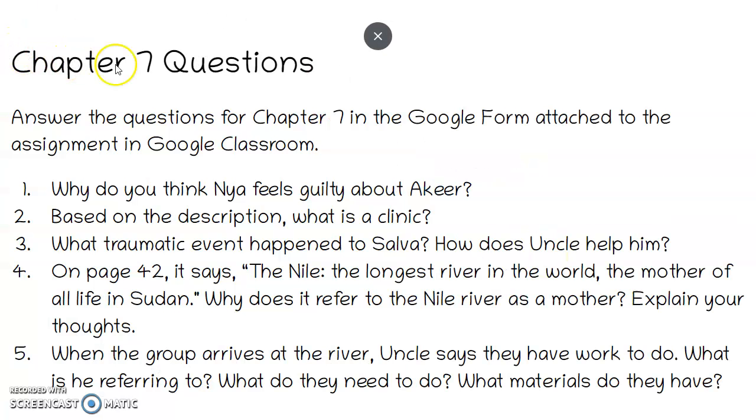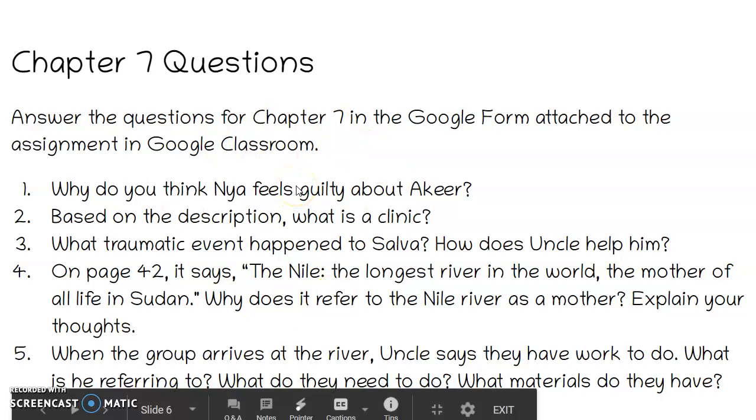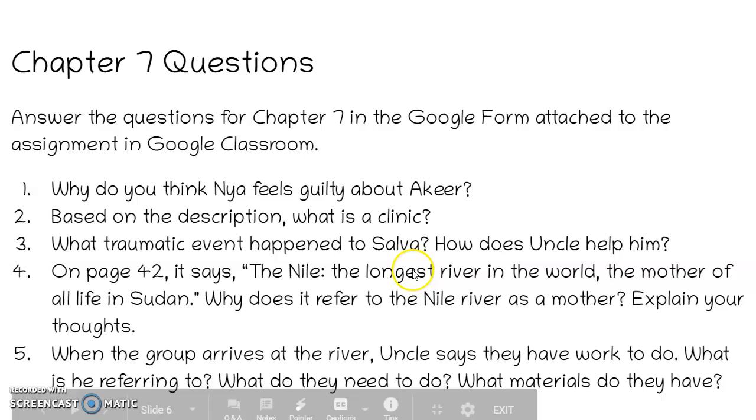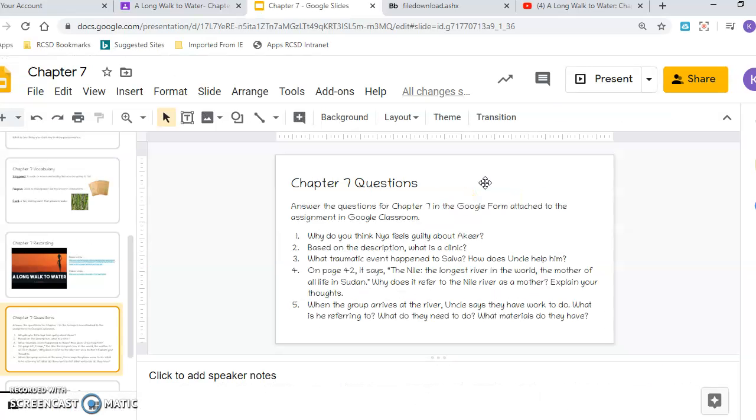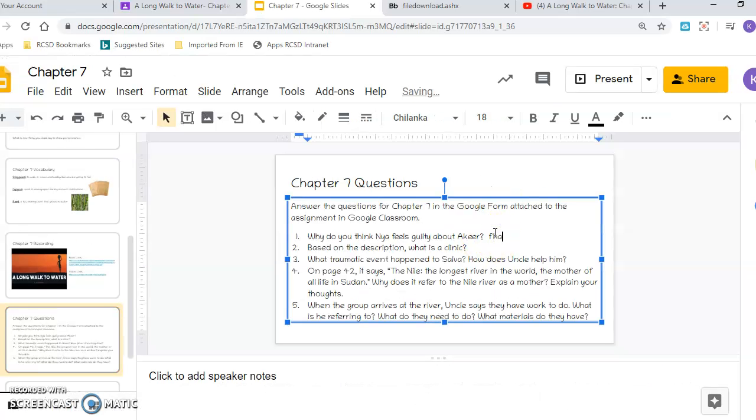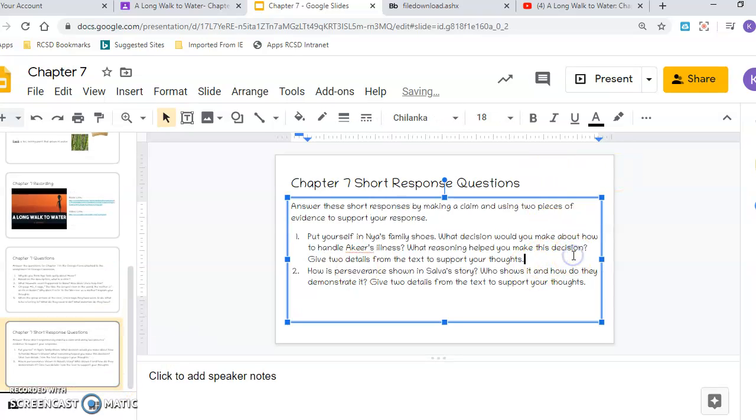Okay, now here they're showing you again the links we already looked at there. Okay, here are Chapter 7 questions. I'm not going to read them on here because I'm going to go to the Google form and look at them. But she said you could type in here if you wanted to. So I could click and start typing my answer here and then answer the next question right here. And then there's another slide here with more. So make sure you type in your answers to these ones here too.